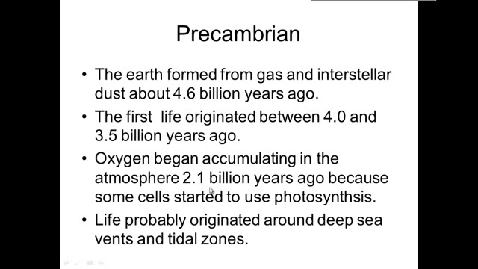Well, how do you get oxygen accumulating? What process do organisms go through that produces oxygen? Okay, it's on the slide. Yeah, photosynthesis. They have to go through photosynthesis, which means the first bacteria that became photosynthetic evolved sometime before 2.1 billion years ago, when we finally have enough oxygen causing the rust to form.